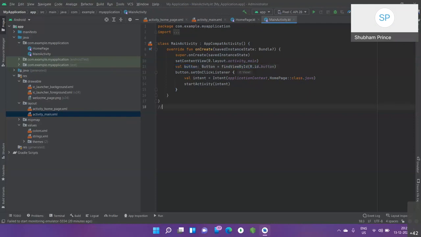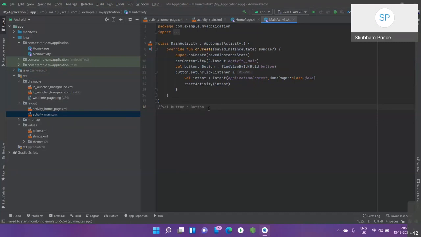a variable in Kotlin. Remember, we used to create it this way: val, then whatever name, equals whatever. Kotlin understands that this is of string type, but when we are creating all these buttons, we have to tell it that we are going to use a button type. I'm creating a button variable, so I have to tell it that this is of type button. So I will take this and write Button.